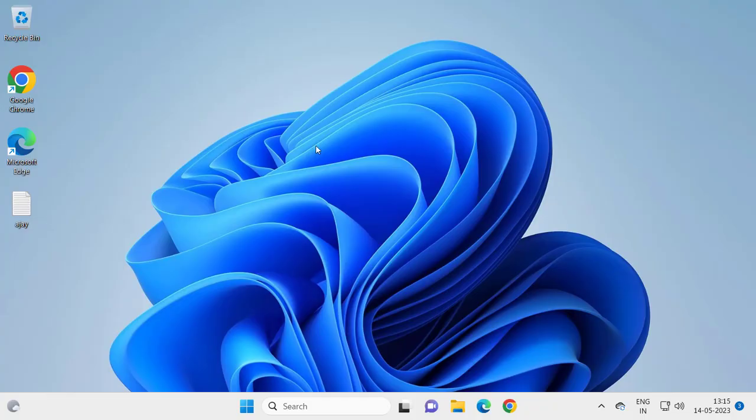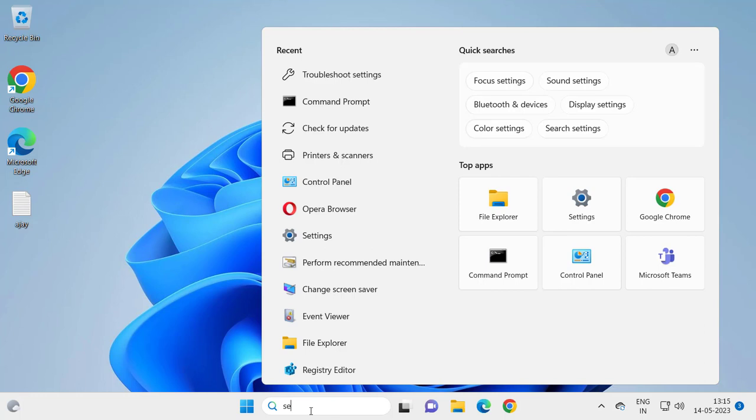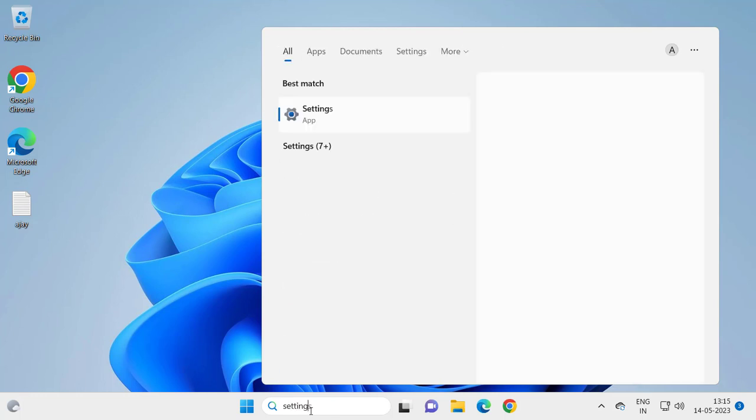Today we are going to see how to enable hardware accelerated GPU scheduling on your Windows 10 or Windows 11 computer. Let's jump straight into it. Go to settings, search menu and type settings. Open it